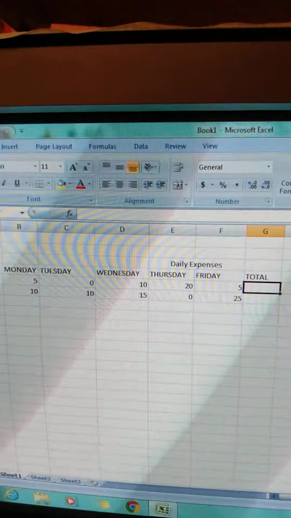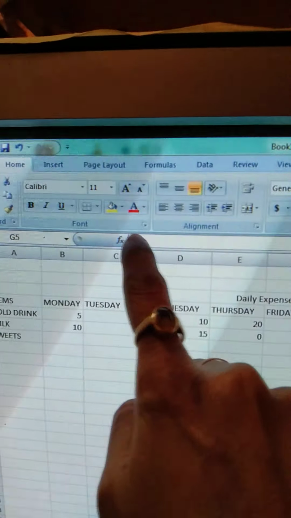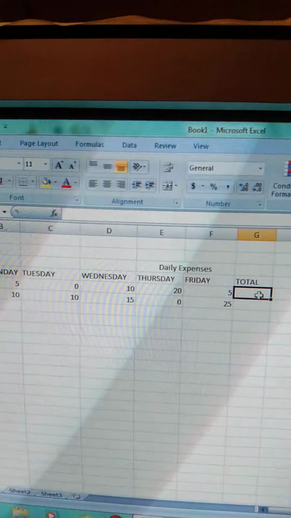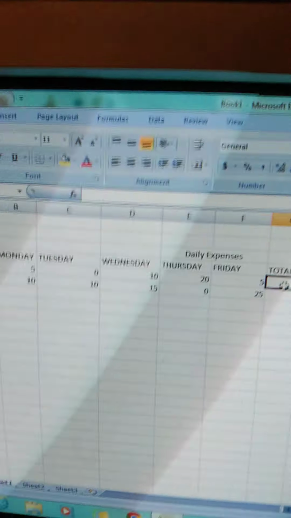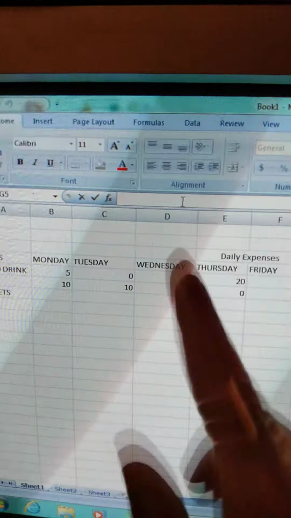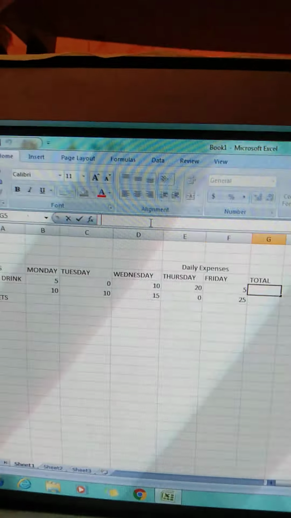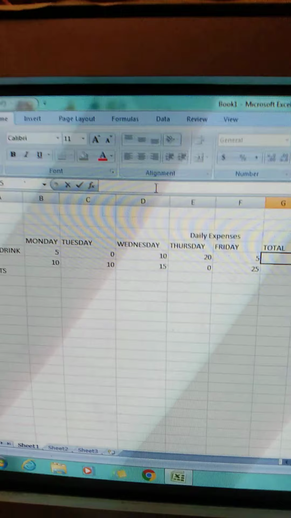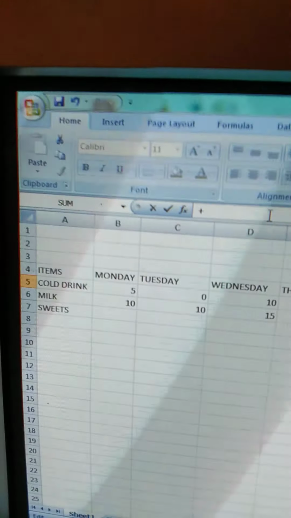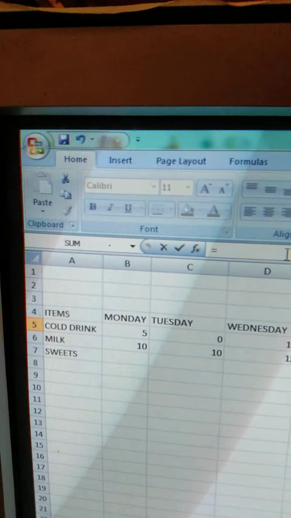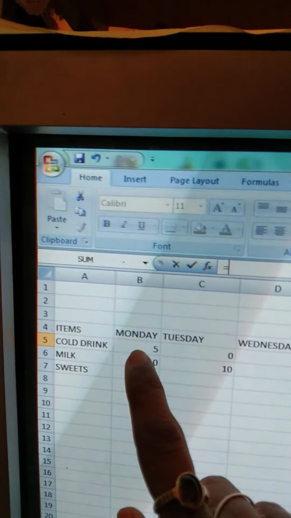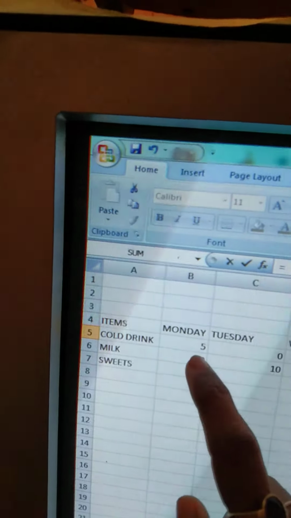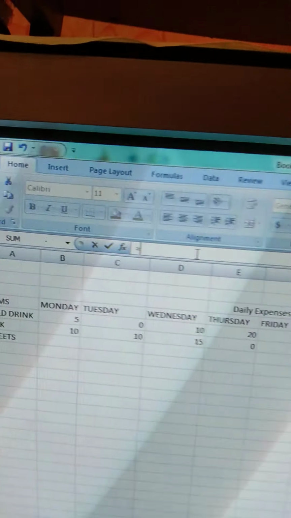Okay, so now if I delete this, let us see how to do total using the formula bar. So I have selected this cell where I want to display the total. Then I will click on this formula bar and enter the formula here. We will start with equal to sign. So we will put equal, and then we want the total from column B to column F. Okay, column is B and row number is 5. So we will write